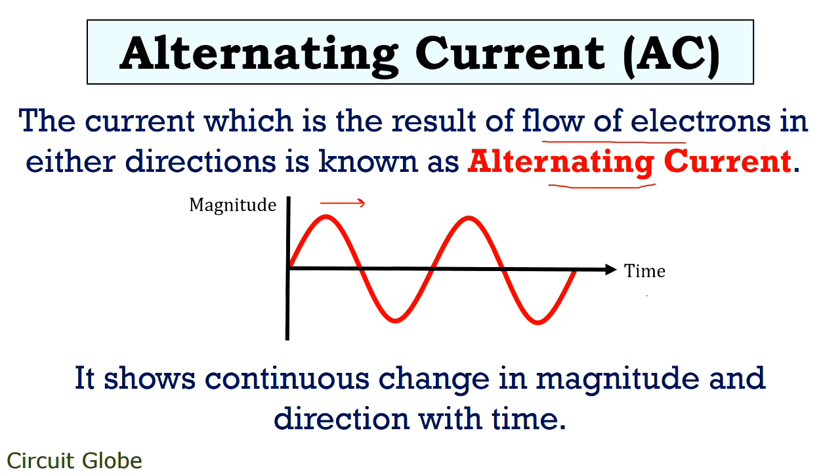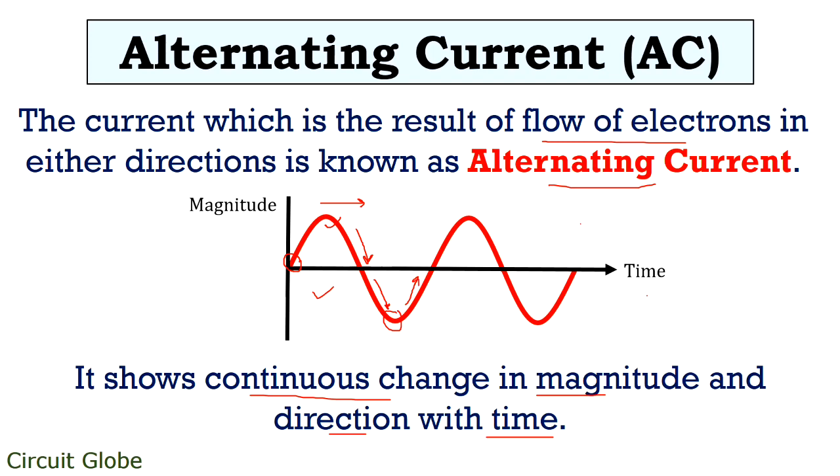This means that there will be a continuous change in magnitude as well as direction with time in case of alternating current. With the use of transformer, high value current can be easily converted into low value and vice versa. As is clear from this figure, the waveform starts proceeding from 0, attains a maximum value and then comes back to 0. Now it proceeds in the reverse direction, attains maximum in the reverse direction and then comes back to 0, and in this way the cycle continues.